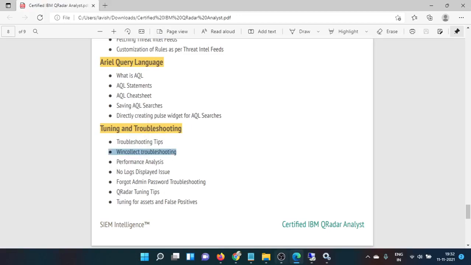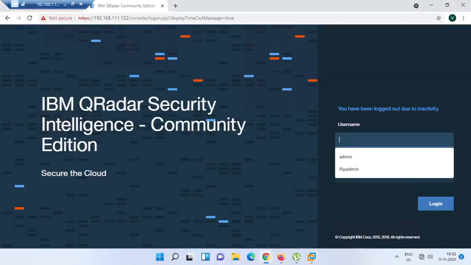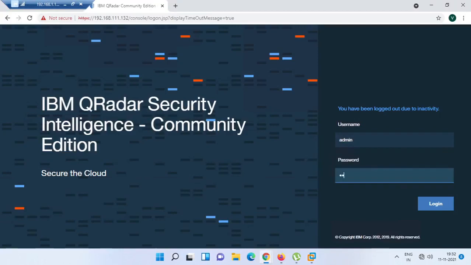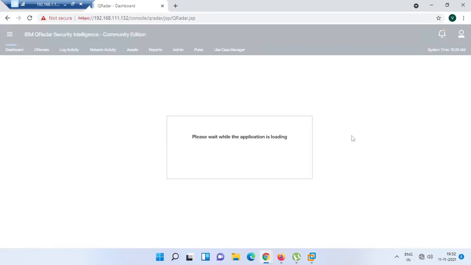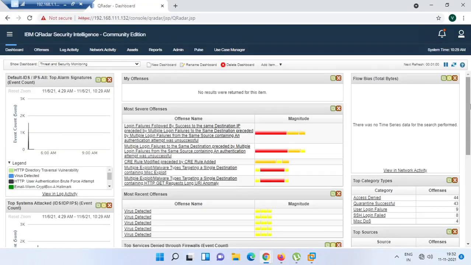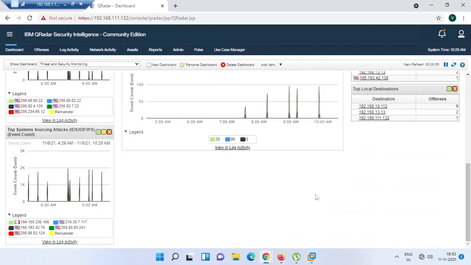Performance analysis. See, this is something very tricky. If you want speed, then you require processing capability. If you want to go with stability, you require very less sizing, and the license can be adopted with 2000, 3000, 4000, so that it may take time to process the logs, but it will be steady and stable.